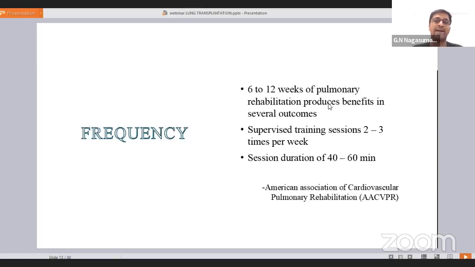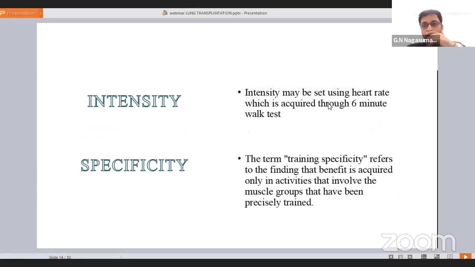It's not mandatory that we stop exercise at 60 minutes. Sometimes we progress to 1.5 hours, because most of the patients who come to us have low endurance. When we start with interval training, they want a lot of rest gaps in between. So we allow the patient to take lots of rest gaps, and gradually we improve their strength and endurance. When it comes to intensity,